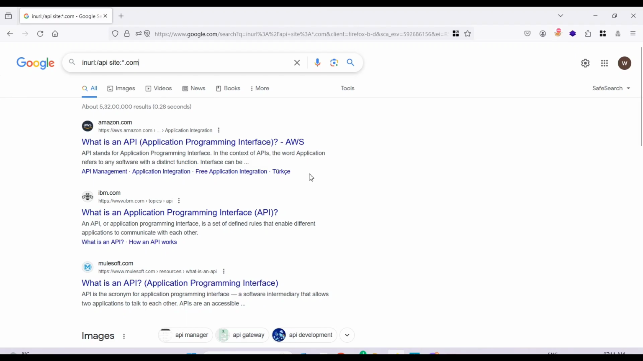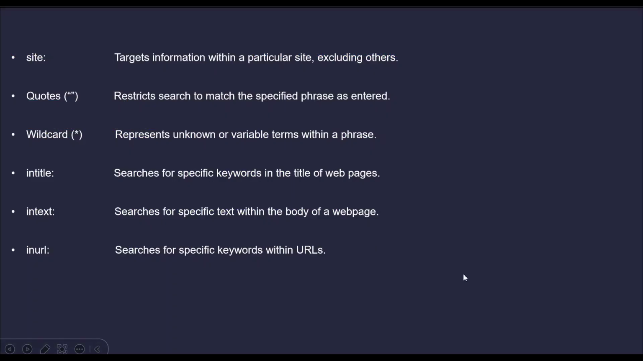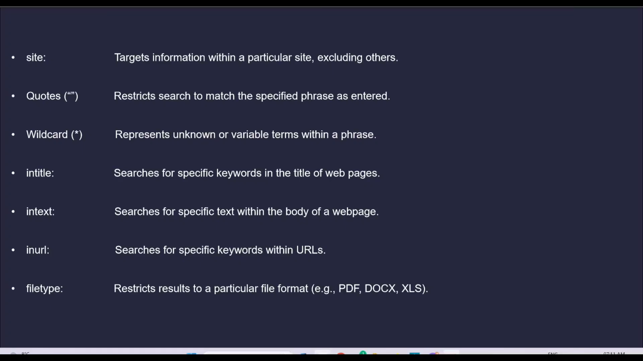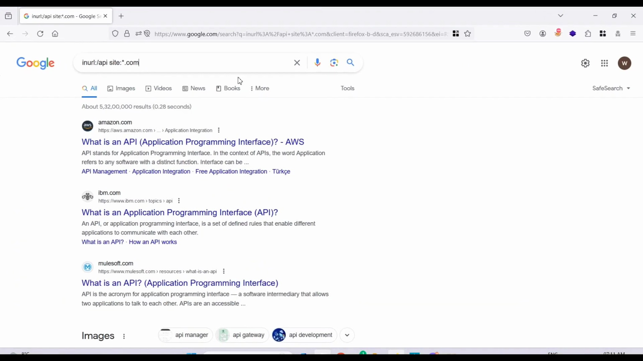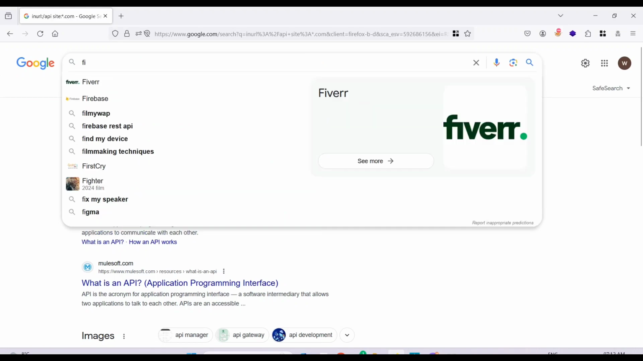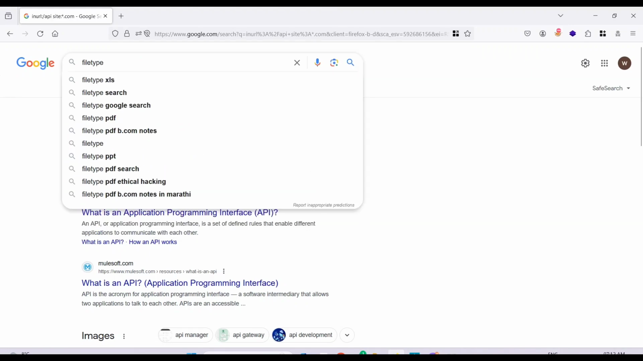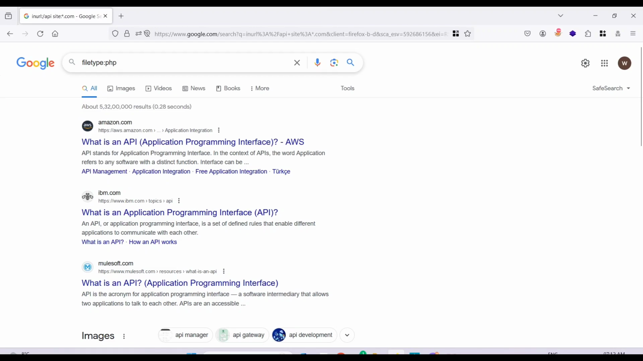But before that, we learn all the common operators. Now move to the next operator, that is filetype. Filetype searches for pages with a specific file extension. So what it means, like you want filetype PHP from a website,